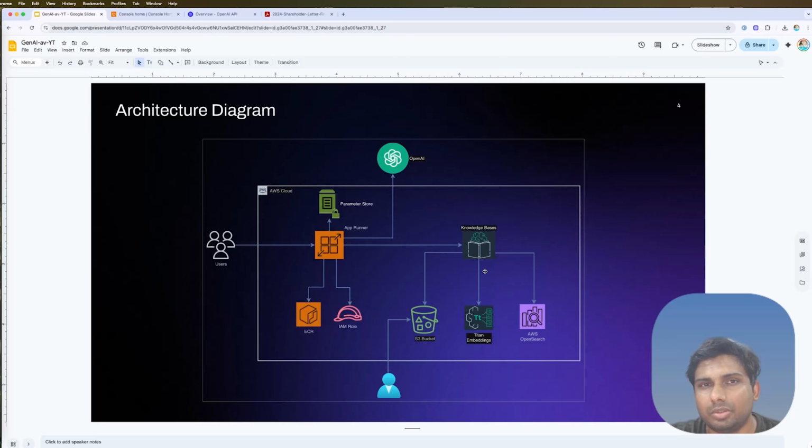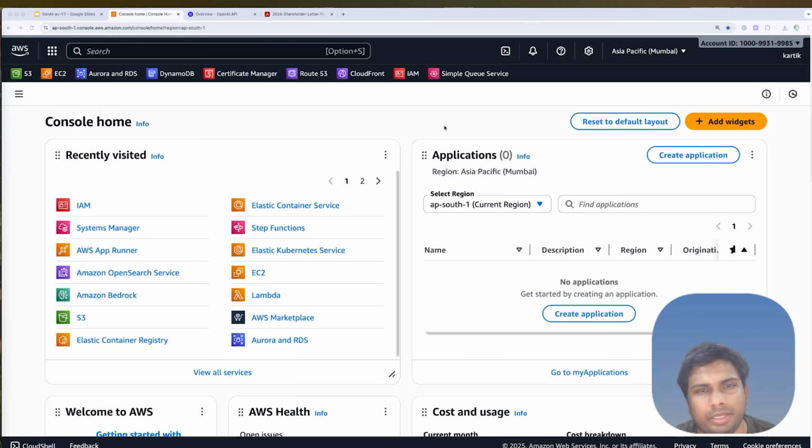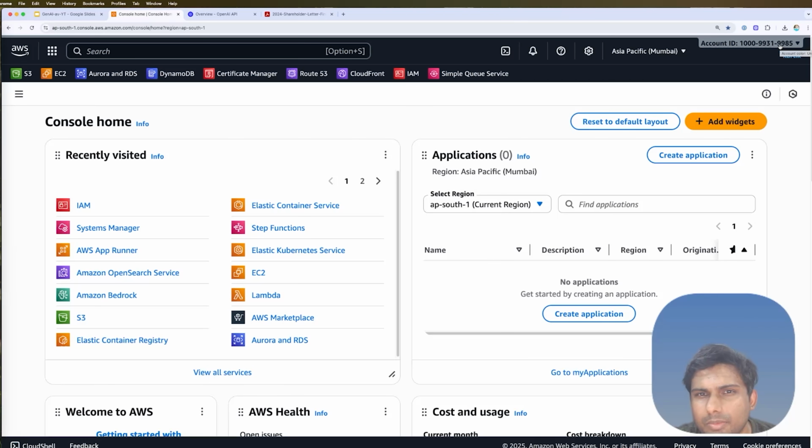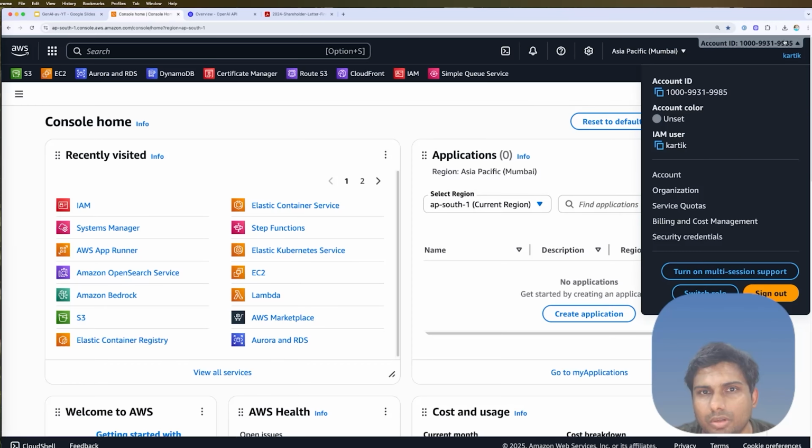Now let's log into the Amazon console and, in the AWS console, set some of the things up. Okay, now that I've logged into my AWS dashboard, there are two things I have to take care of. Number one is I have to make sure I'm in the Mumbai region. This is where this demo is tested, and all of the services that we would be using are available in the Mumbai region. The second thing is we would be generating AWS credentials. These credentials we would be using in our code, which would allow it to connect to services in AWS. So to create credentials, on top, we will have to go to security credentials